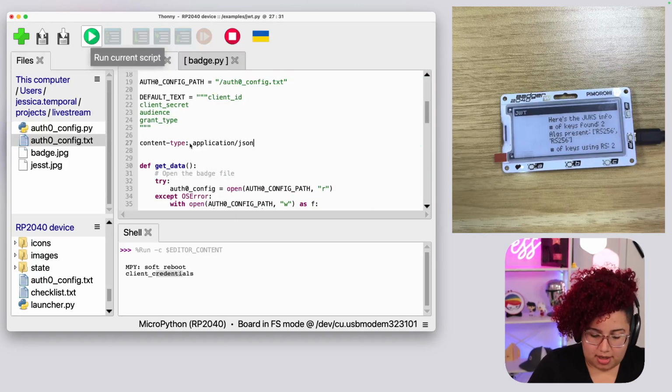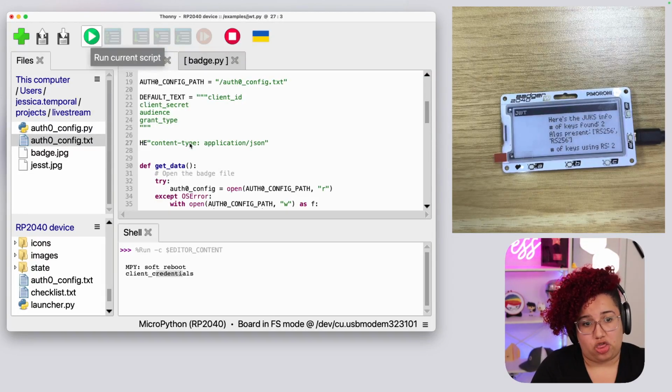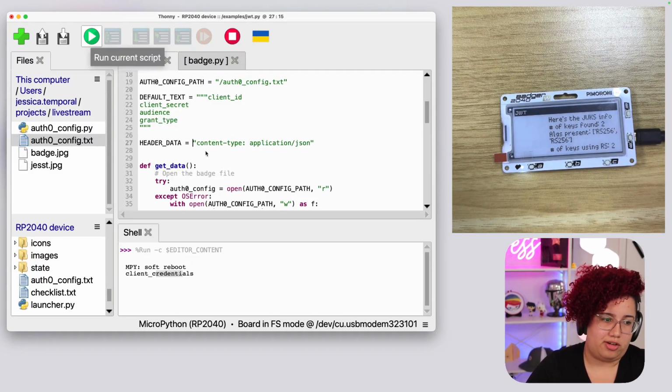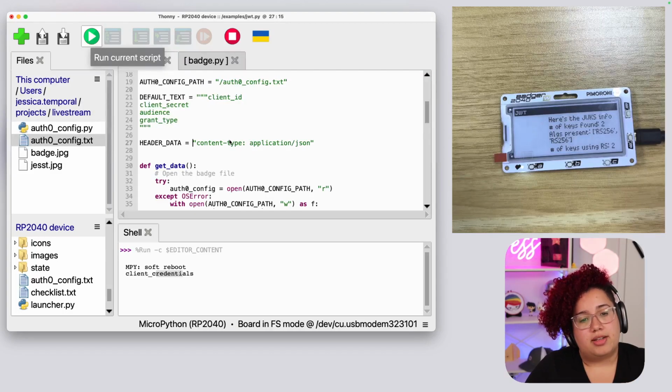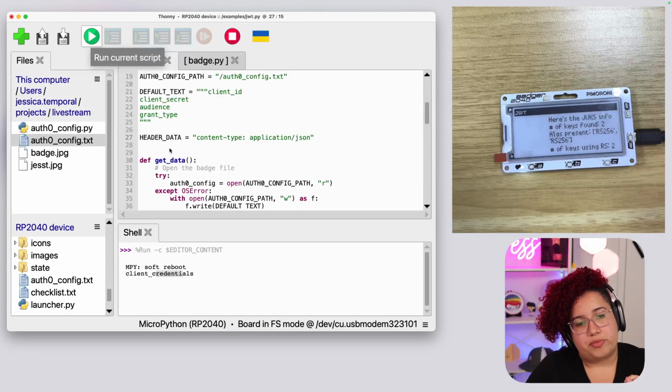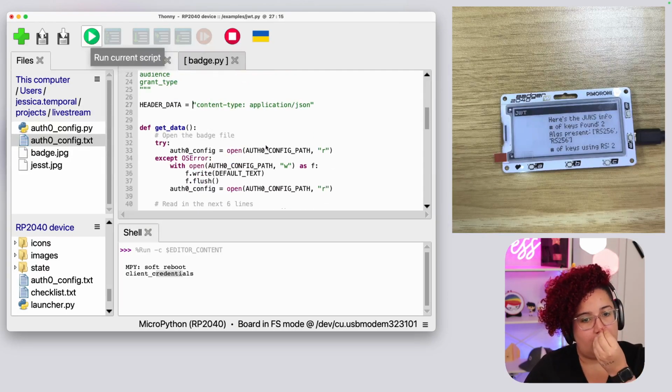And let's save this as header data. So I don't know if you have any other ideas for names, but if you do, put that in chat. I'll change this from something else if you want it to have say something better. But since I'm not very creative for variable names, I try to be descriptive, and so I know this is the header data that I need to pass along.